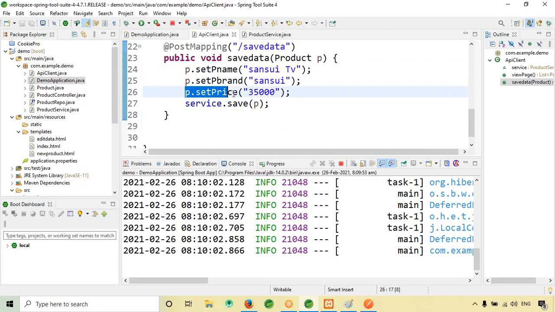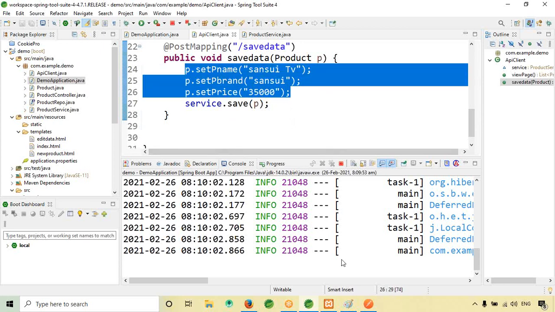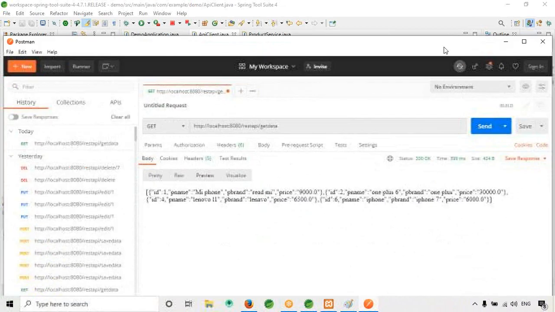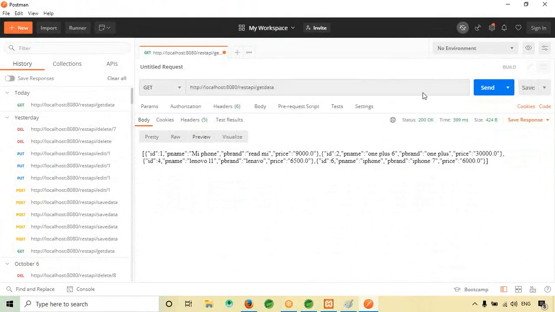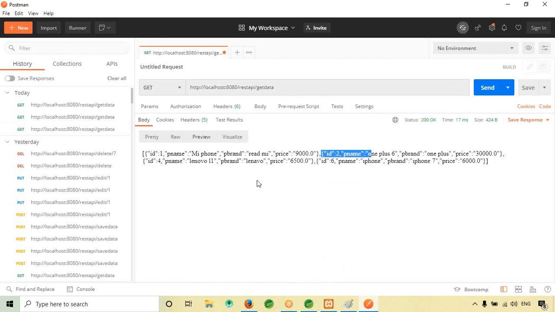As soon as I start the server, I think it has to set the data. Let me check here, when I send the data, product name iPhone, OnePlus 6.